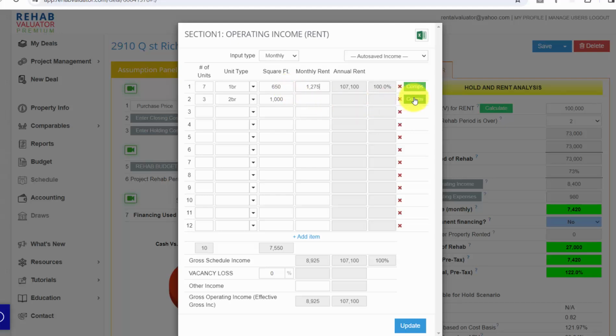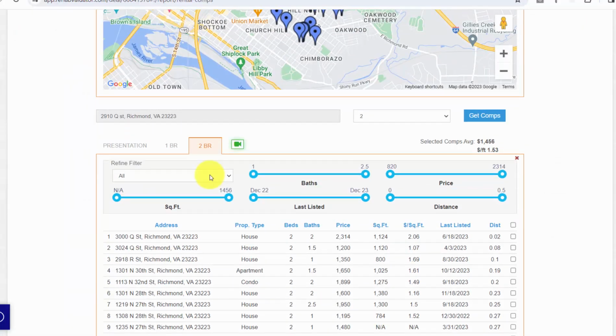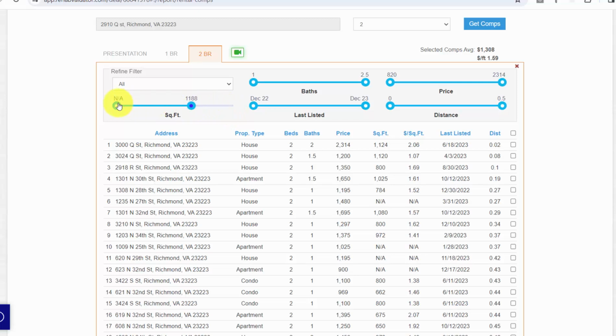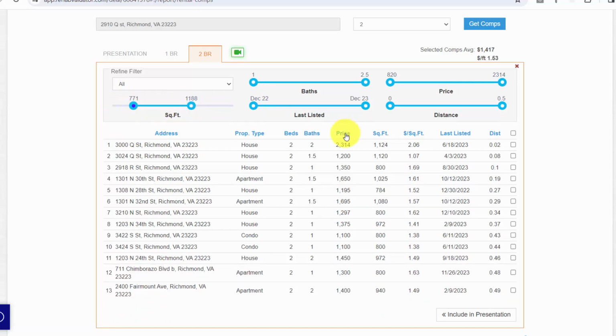And now I need two-bedroom comps. I'm going to click Comps. And now it creates a separate tab here. You can see separate tab for two-bedroom apartments. Same thing, I'm going to get rid of really large ones. And I'm going to get rid of ones that don't have square footage or that are too small. And I'm going to sort these by price. They're already sorted. And again, I'm going to get rid of the small ones